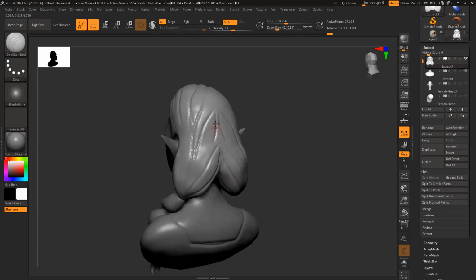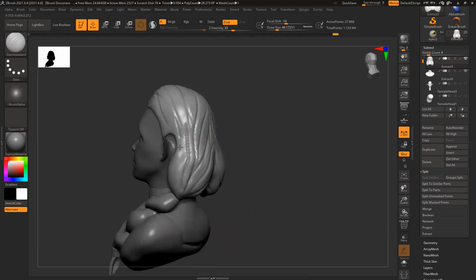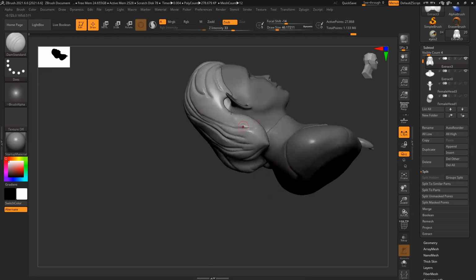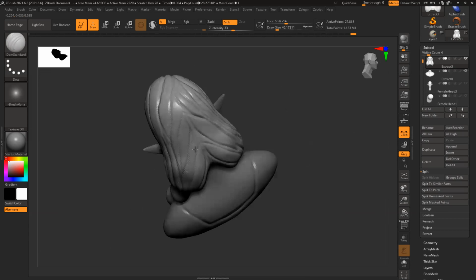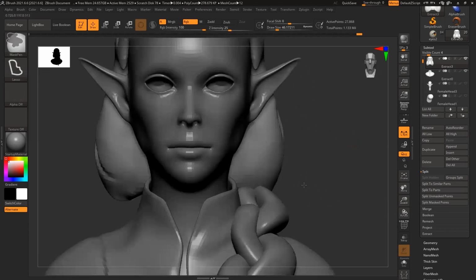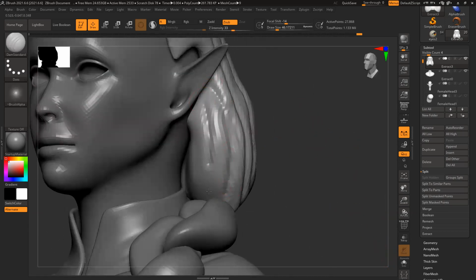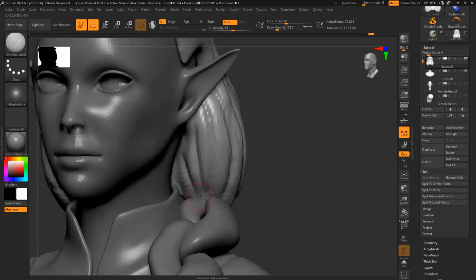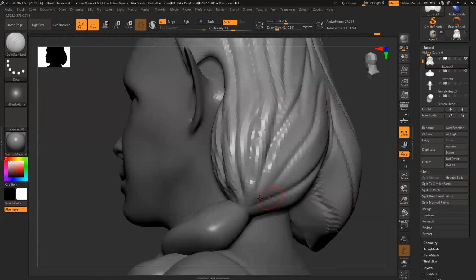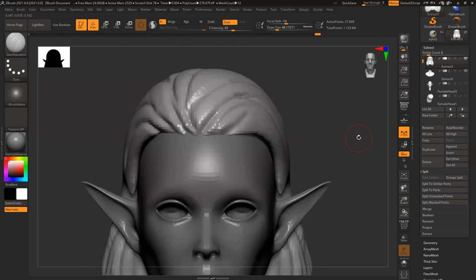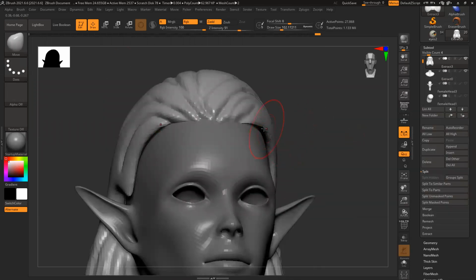Switch off symmetry and then move brush and make sure there's no gap.